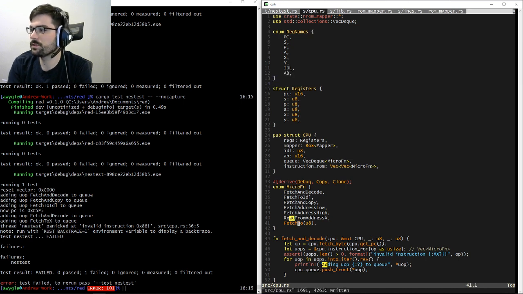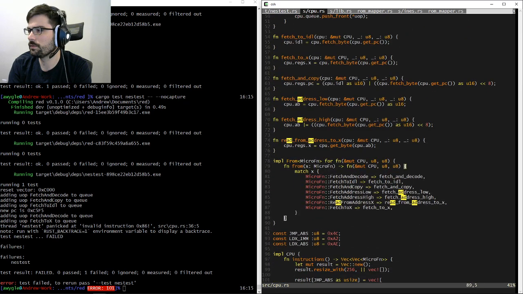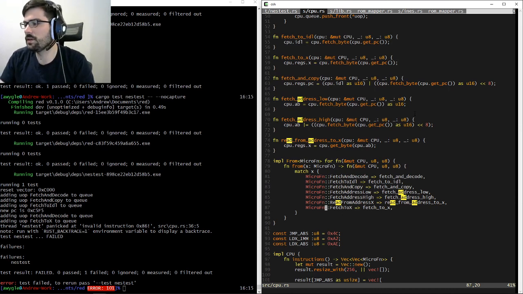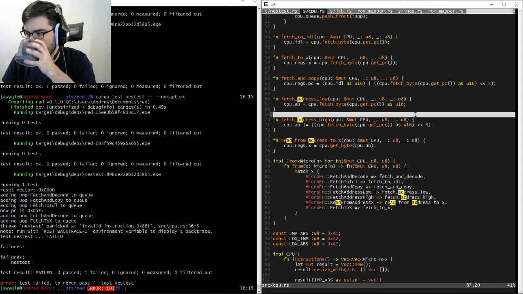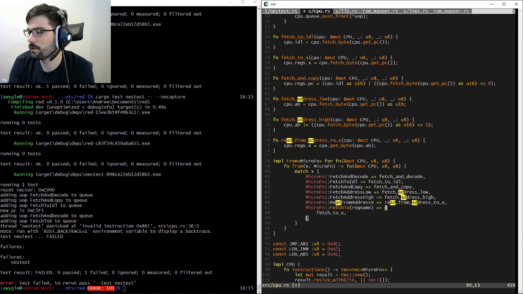And we're going to fetch to reg names. And then when we decode these, instead of doing fetch to x, we're going to do fetch to reg name. And then we're going to return